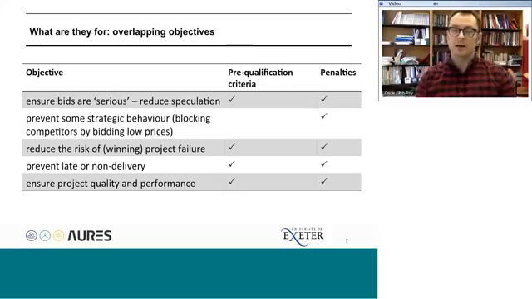And at the same time, we want to encourage people to prevent late or non-delivery of their projects. Delays have been a key feature in many of the examples that we've seen out there, and actually bringing forward projects in a timely manner after an auction is often a key objective for policymakers. And of course, at the same time, we want to ensure that the projects that come through and bid and ultimately win auctions are the best quality projects. That is, that they not only exist and connect to the grid, but then they're able to perform as well. They produce as much electricity as everybody expected, and